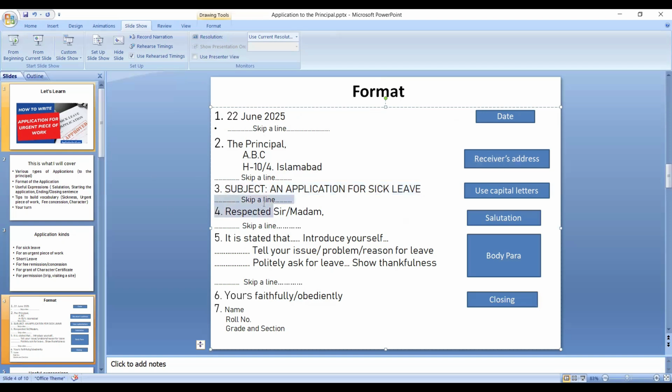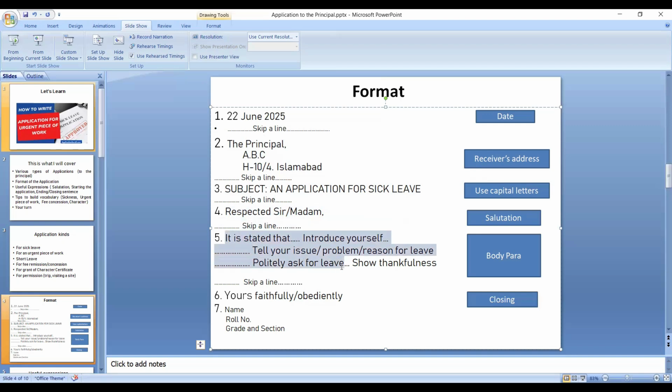Again, you are to skip a line, and in the next line, write down the salutation. So if you are writing to a male principal, you can write down respected sir, or if it is a madam, you can write down respected madam. After writing the salutation, again, you are to skip a line, and next